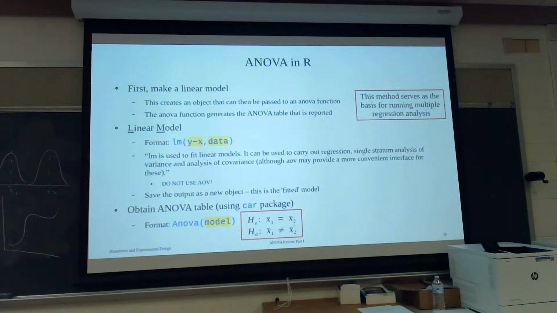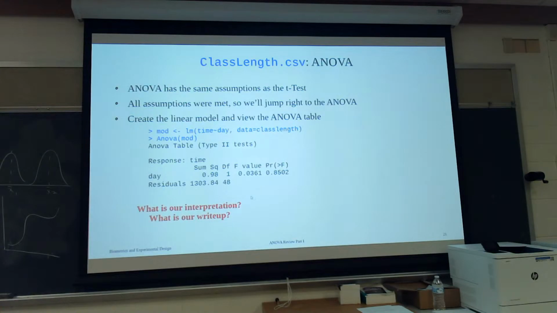All right? Our alternate hypothesis for an ANOVA is that the means are not equal. In a t-test, we could specify direction. ANOVA, we don't do that. We don't specify direction. They're either equal or they're not equal. All right? So,